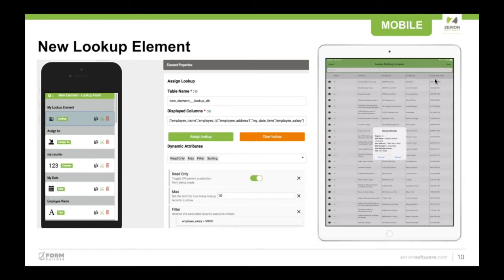We may expand this to more columns in the future, but 5 made sense for some of these smaller devices out there. So you can do a couple things with this lookup element, a couple dynamic attributes that I'm talking about here. One of the important ones is read only. Maybe this is an employee contact list. You don't want to actually capture any information with this, but you want to use this element as reference information for folks. So you could simply turn on this read only flag,